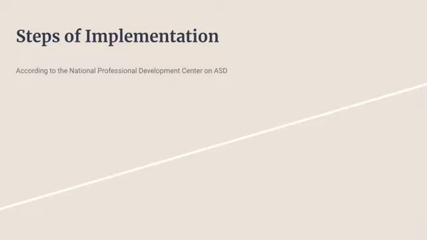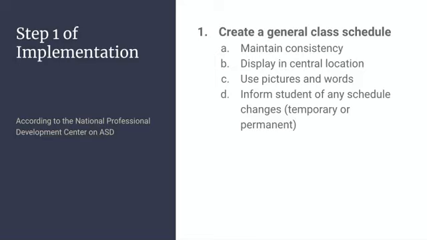According to the National Professional Development Center on ASD, there are two steps of implementation of visual activity schedules. Step 1 of implementation includes to create a general class schedule. So creating a general class schedule allows